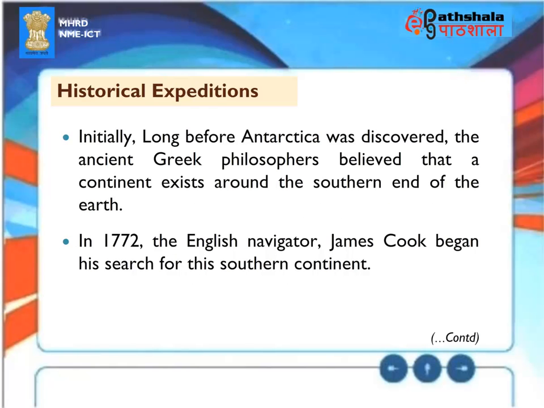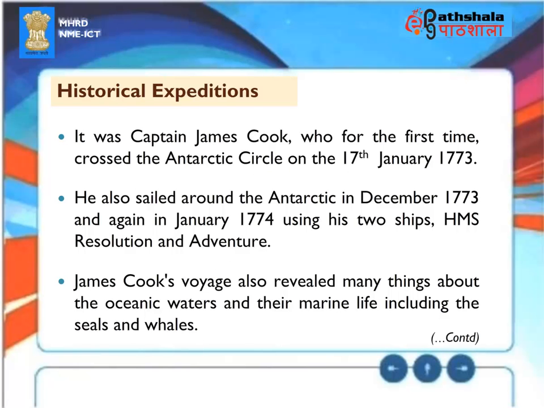Historical expeditions. Initially, long before Antarctica was discovered, the ancient Greek philosophers believed that a continent exists around the southern end of the earth. In 1772, the English navigator James Cook began his search for this southern continent. It was Captain James Cook who, for the first time, crossed the Antarctic Circle on the 17th of January 1773. He also sailed around the Antarctic in December 1773 and again in January 1774 using his two ships, HMS